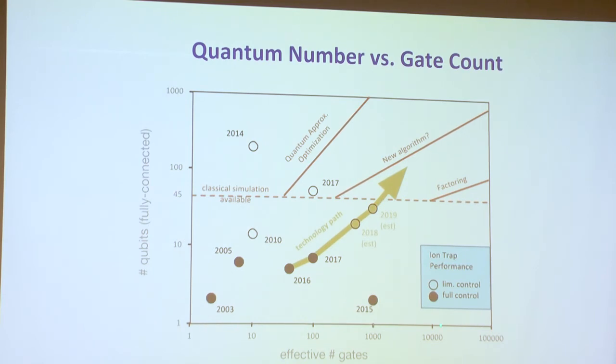Now, as I pointed out, we need to not only push the number of gates up, that is, reduce the error per gate, but we also need to push the number of qubits up at the same time. It's sort of easy to work along one direction or the other. I can give you 1,000,000 qubits that have terrible gates, or I can give you 2 qubits that have amazing gates. It's doing both at the same time that's really hard. And there's sort of a bellwether at 45 or 50 qubits.